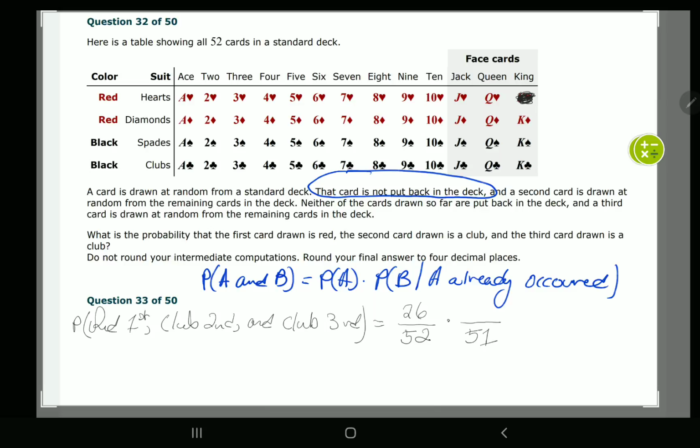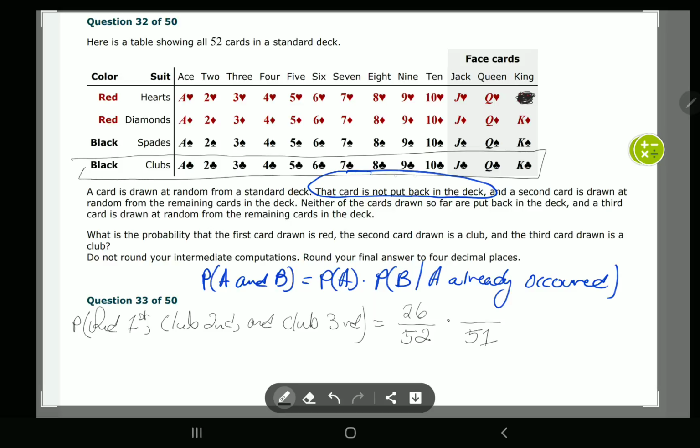Out of the 51 cards left in my deck, how many are clubs? Clubs is the last suit that is right here. And if you count, there are 13 clubs. So the probability of getting a club second, given that the first card drawn was a red card, is going to be 13 out of 51 times,